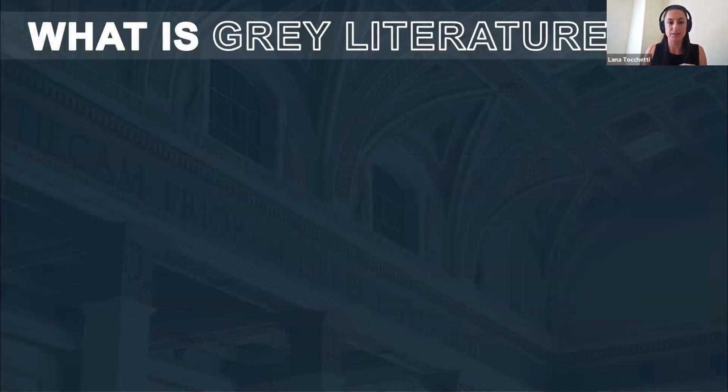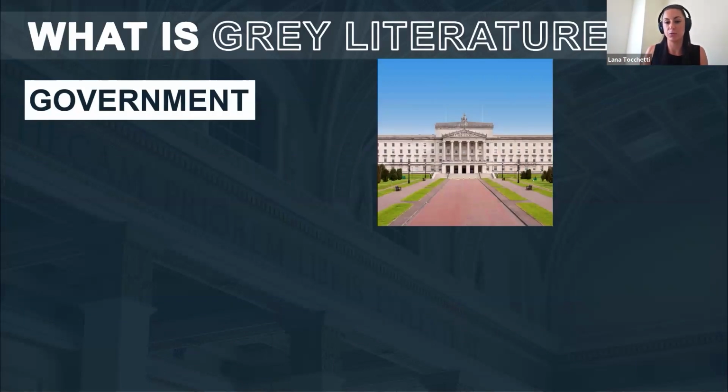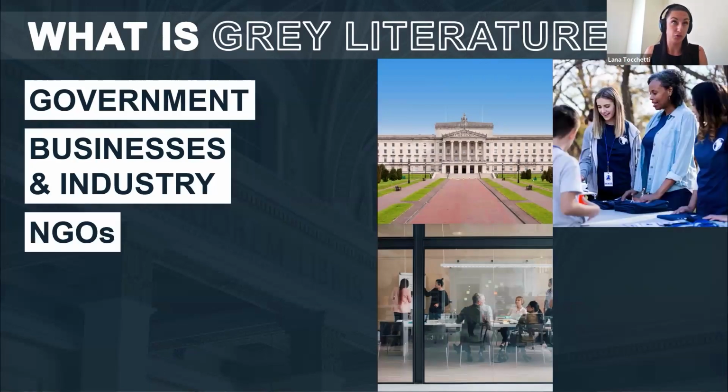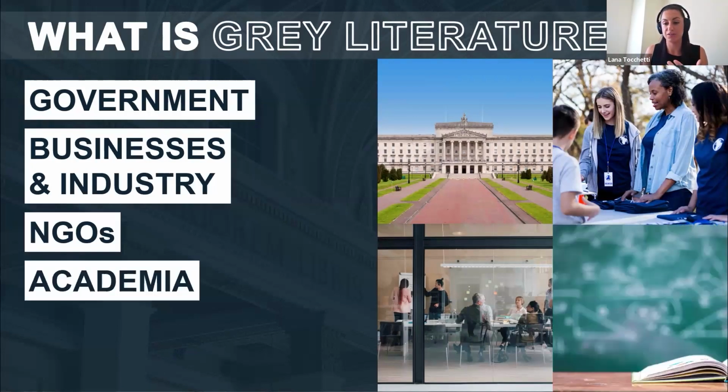So first up, you've got all levels of government, so federal, state, local government. You've got businesses and industries, groups like non-governmental organisations or NGOs, so maybe something like Beyond Blue or Cancer Council, and then academia as well, so universities and schools. And for all of these groups, and there are probably other kinds of groups as well, but these are just the major ones, publishing is not their main task, but they are either in the position to or they have the authority to go out and collect and produce information. And that information then is grey literature.